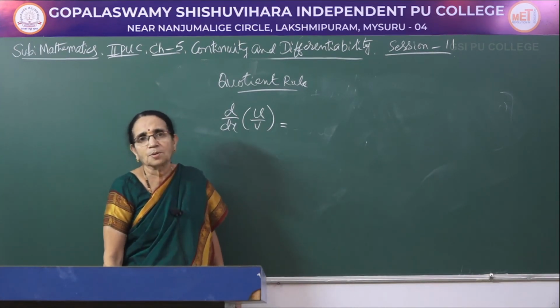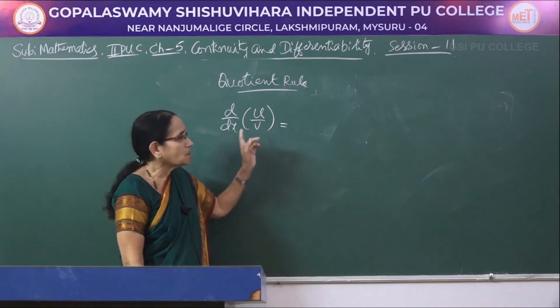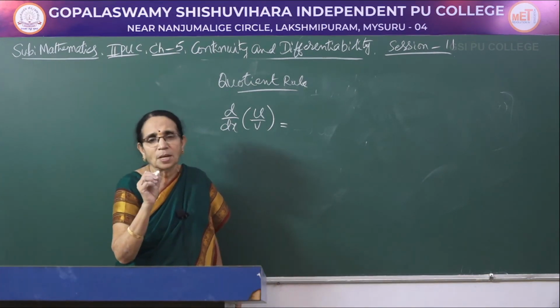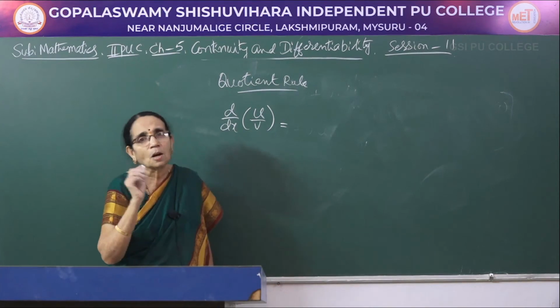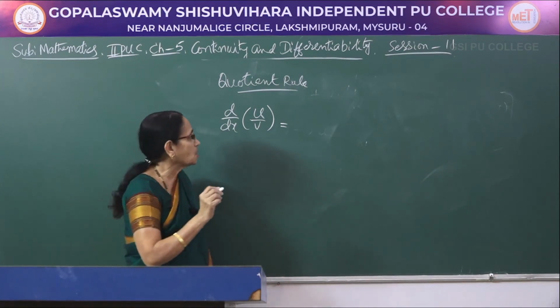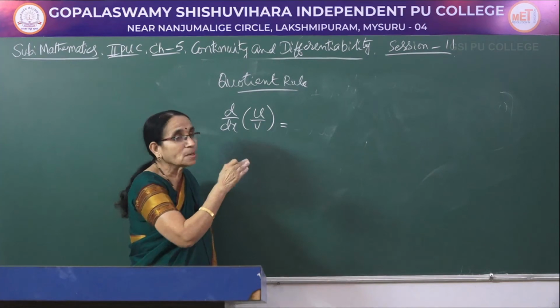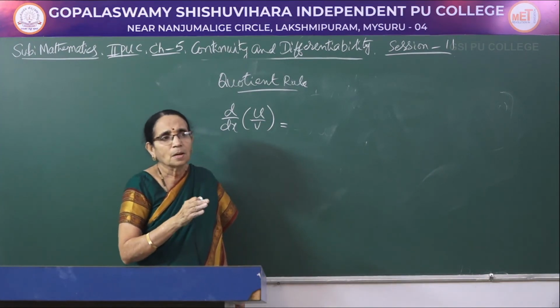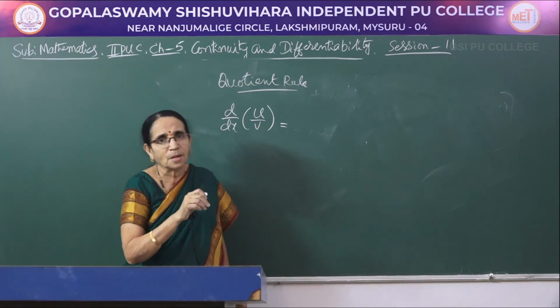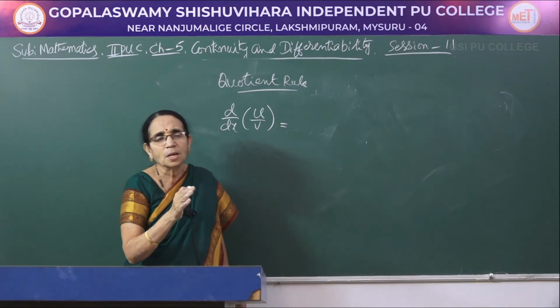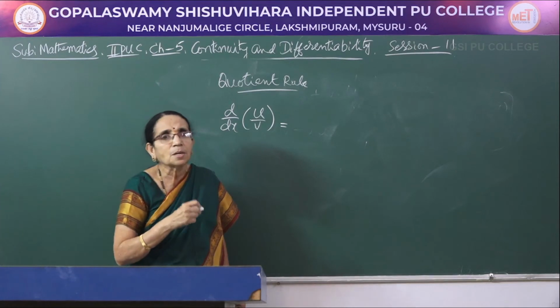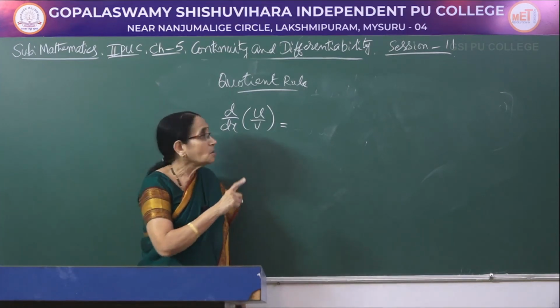Suppose a given function is in the form of a quotient. Here what is u? u means the numerator, v means the denominator. Here be careful, order is important. See, in the product rule, in between we had the plus sign, and product, as you know, is commutative. Whichever is taken as first function does not make any difference in getting the answer, whereas here you have to be careful.